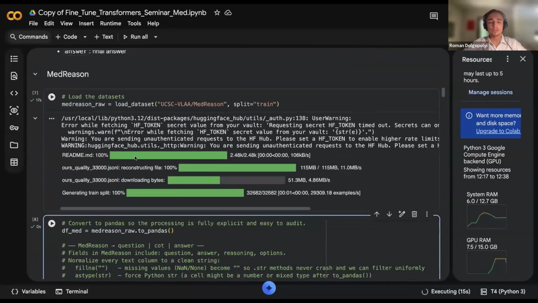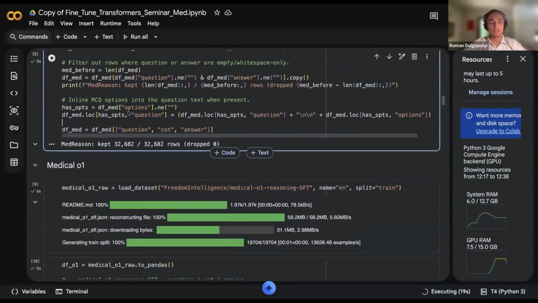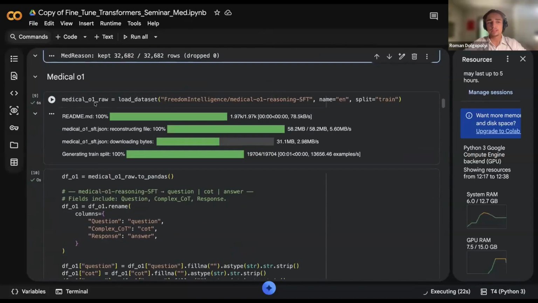No, we have two data sets actually. I think you should scroll a bit lower, because here we define the second data set, medical O1 row. I mentioned that somebody opened a later part of the notebook where we load the second data set. You went a bit ahead, but it's true that we will use two data sets because we will merge